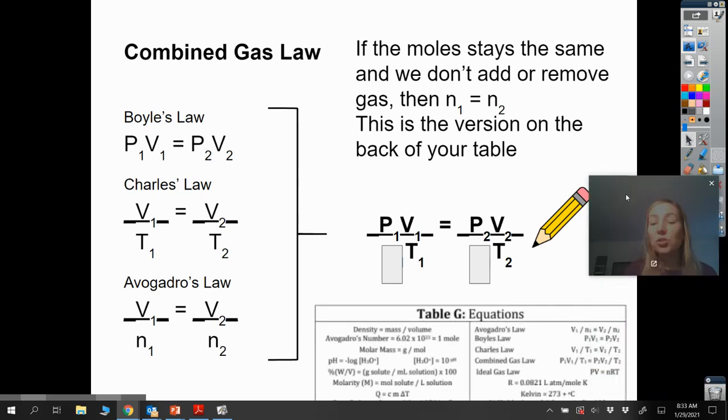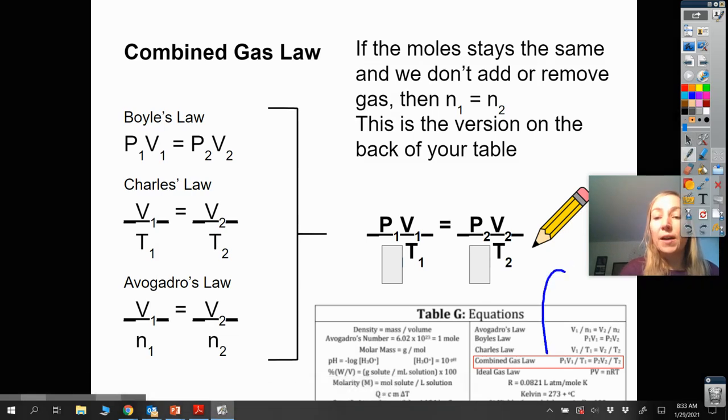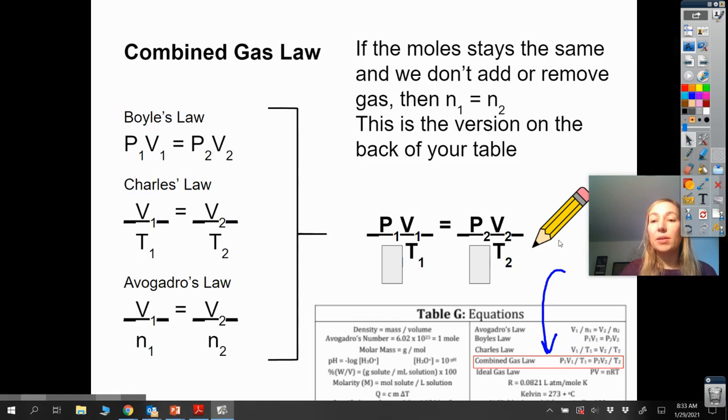And this is actually the gas law that's found on the back of your periodic table. On the back of your periodic table, you'll find the combined gas law. P1 times V1 over T1 equals P2 times V2 over T2. So that's one version of the combined gas law and the one that we're going to be using the most